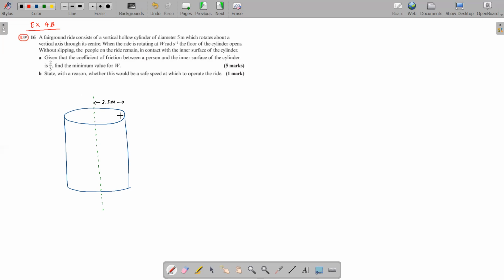Which rotates about a vertical axis through its center when the ride is rotating at W radians per second. So basically, the cylinder is rotating about its axis. Can you understand? So about the axis, the cylinder is rotating. The whole cylinder is spinning about the axis. When the ride is rotating at W radians per second, it's spinning the cylinder about the axis. They say the floor of the cylinder opens,